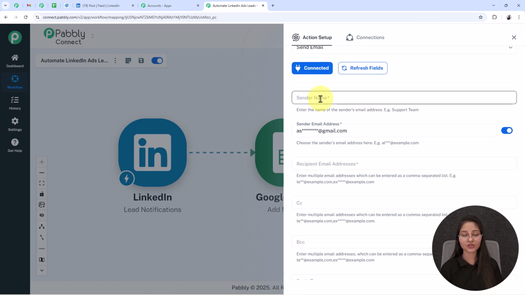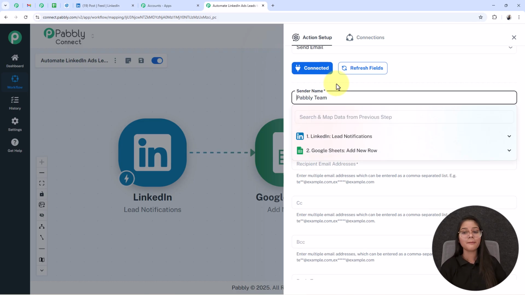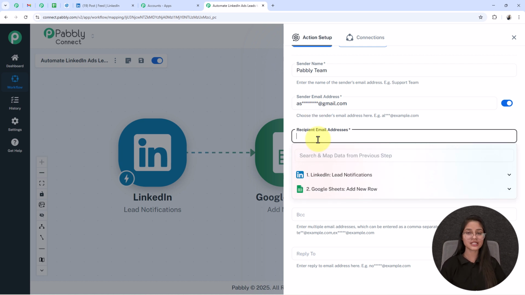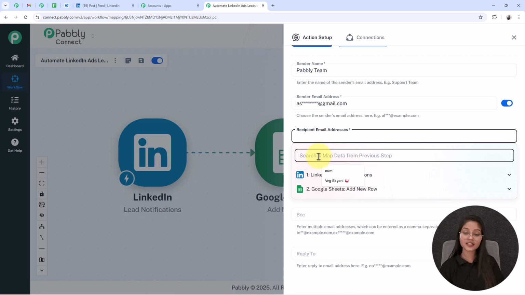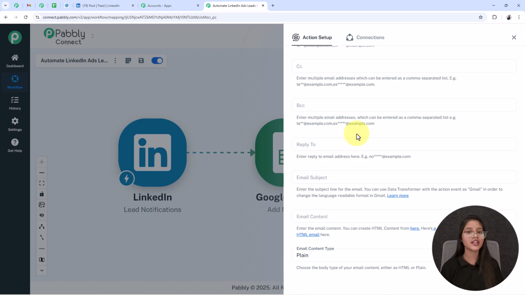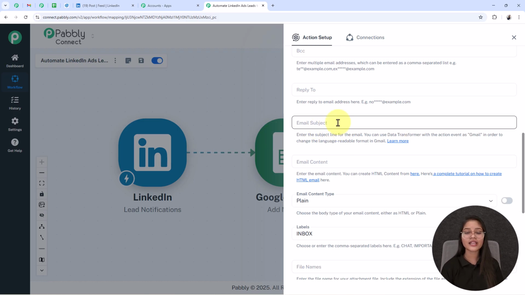After that, I am going to write the sender name in this field as Pabbly Team. Next, as soon as you connect your Gmail account to Pabbly Connect, it will automatically select the sender email address in this field. After that, I am going to do the mapping in this recipient email address field, that is the email address of my user. Here I mapped. Next, the CC, BCC and Reply To are not required fields, so I am leaving these blank